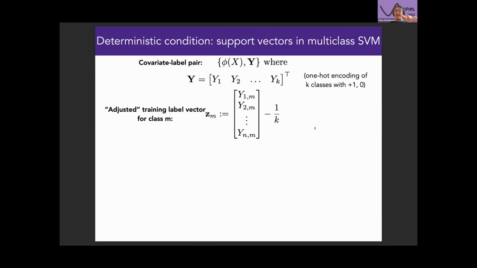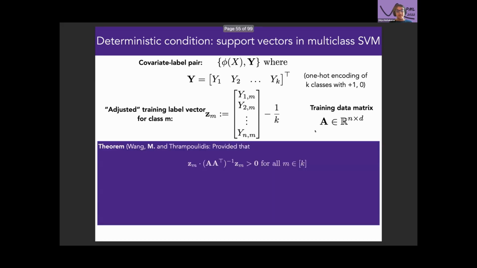And the way we see this is we construct a certain adjusted label vector where you look at a certain class M and you collect all of the one-hot labels corresponding to class M on the n data points. And you subtract off this factor that's 1 over k, where k is the number of classes. And just to refresh, we denote the training data matrix as A. So in this setting, what we were able to show is provided that these adjusted training label vectors commute in this nice way. So here again, the dot is an inner product and (AA transpose) inverse C_M is just as defined before. And provided this condition holds for all the different classes,